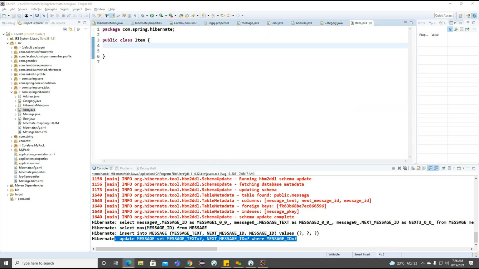So here inside this particular item, now what I'm trying to write here, I want to define some of the item information. Long ID, name of the item, description, and here what we can do, we can go for the categories here.